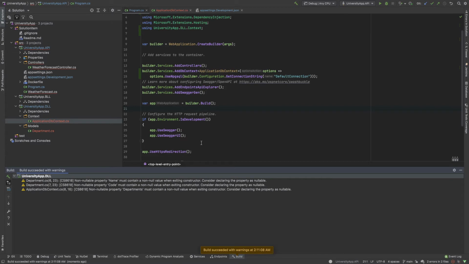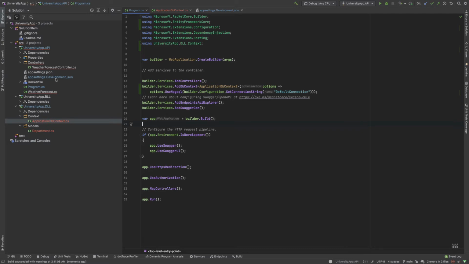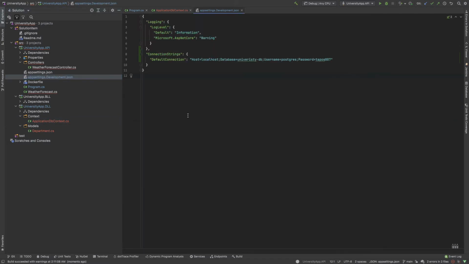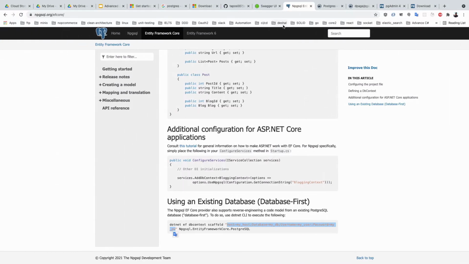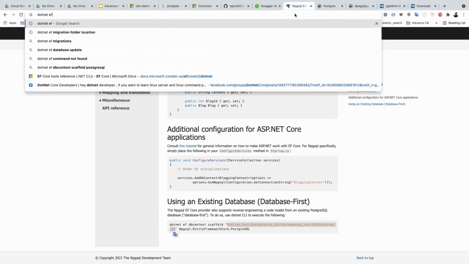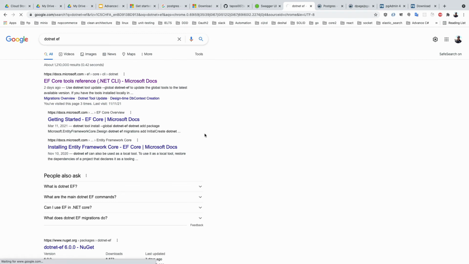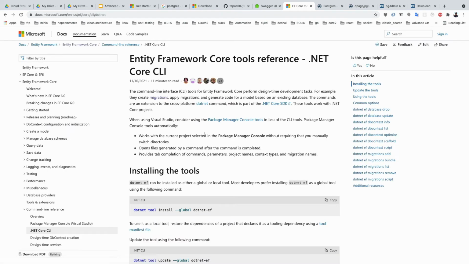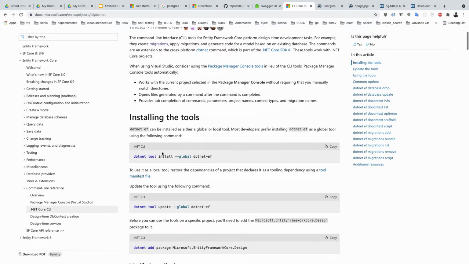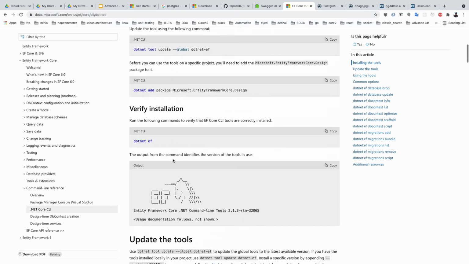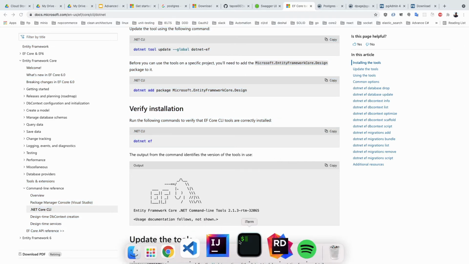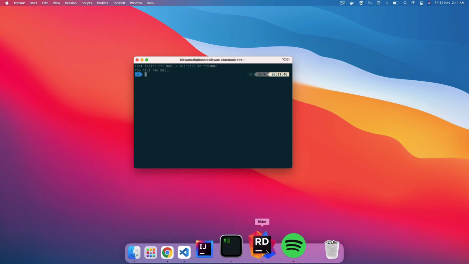So running successfully, not any issue is present there. Now we need to run migration, but we are writing migration using the .NET EF command. You see, .NET EF is an EF Core tool. If the tool is not present in your machine, then you need to run this command to install it. And if you want to check whether the EF command is present or not, then in your code editor